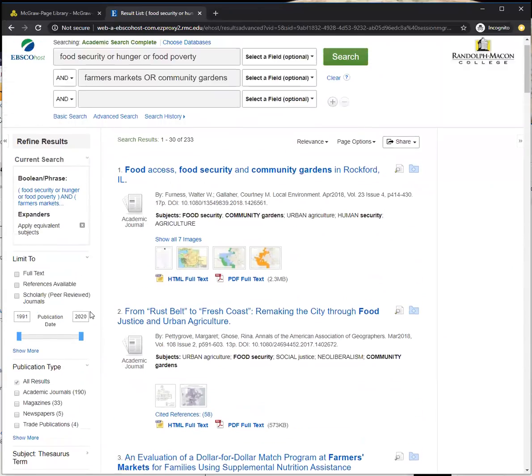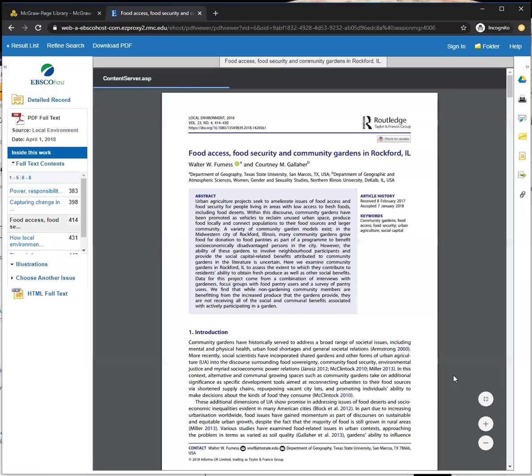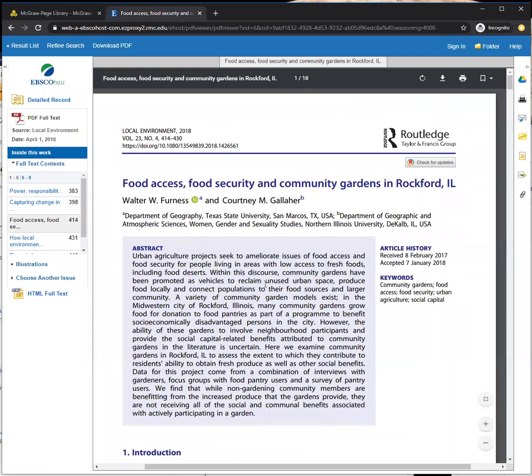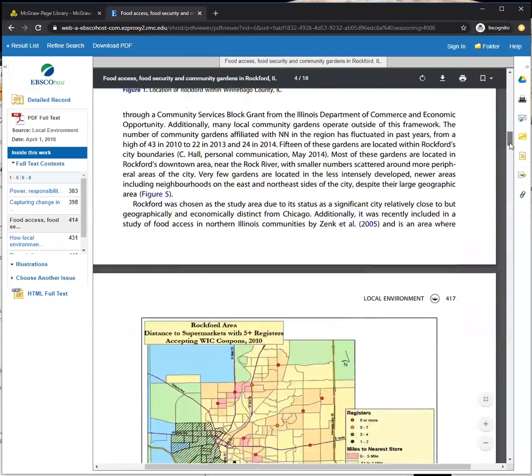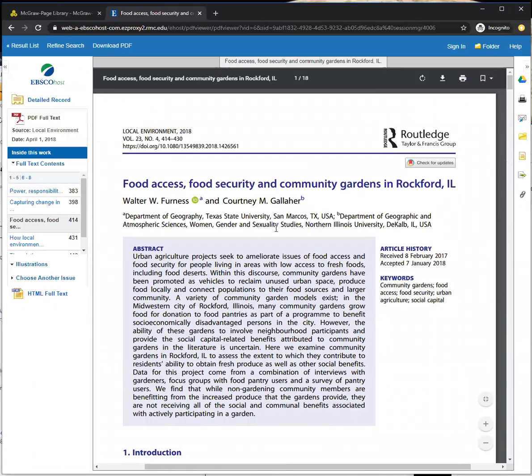So let's actually take a look at one of these articles, the first one. Well, it certainly looks like a peer-reviewed source. How can we tell? We have published in a journal. We have researchers that are associated with a research institution, usually a college. And we have a bunch of citations. So this looks to me like a peer-reviewed source. Also, a lot of these sources have the same formatting: abstract, introduction, studies, materials and methods, and then usually at the end, there's going to be conclusions.